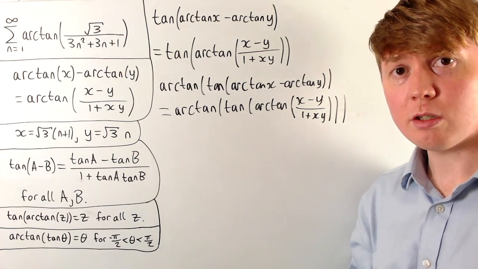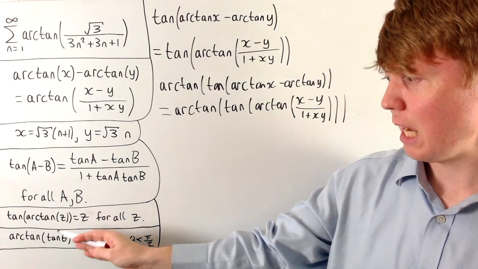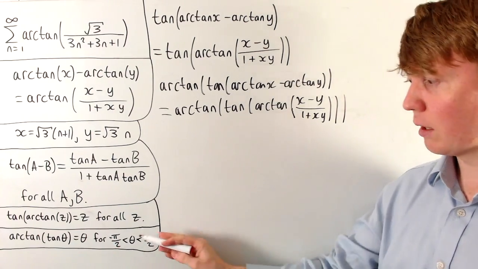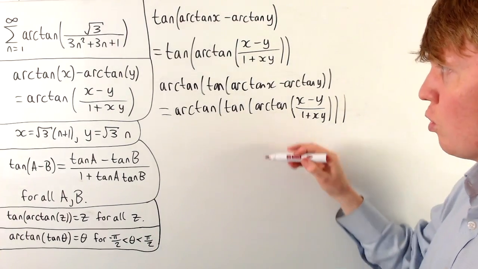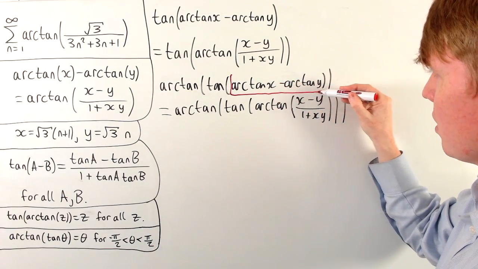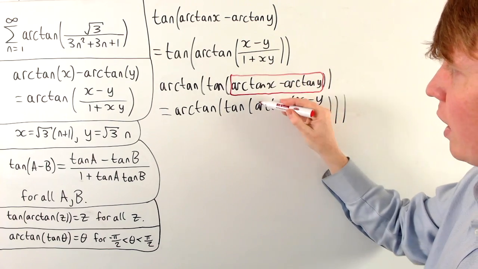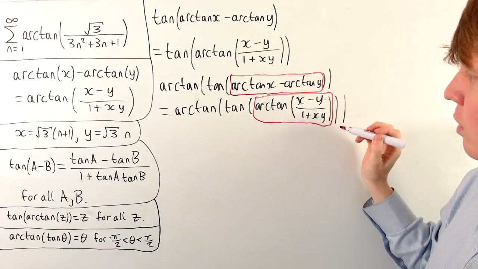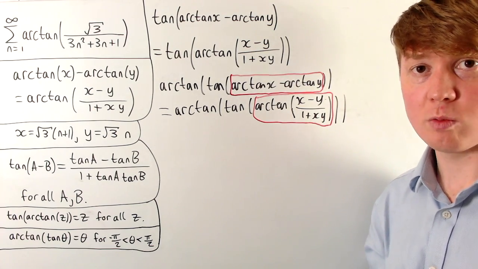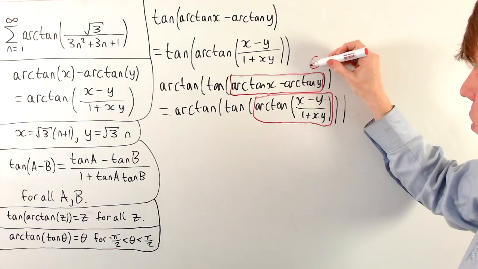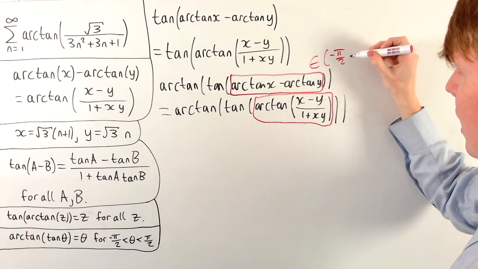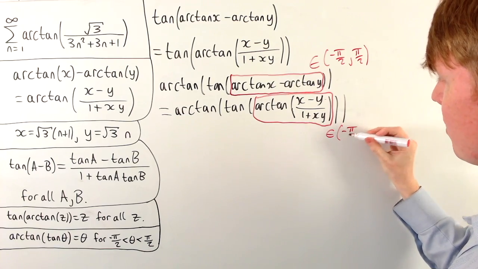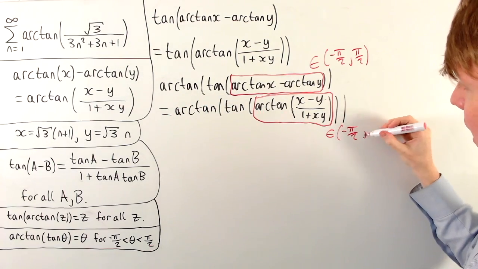But unfortunately this doesn't always work, because arctan of tan of theta is equal to theta when theta is between minus pi over 2 and positive pi over 2. So here effectively our theta is arctan x minus arctan y, and the second one, our theta, is effectively arctan of (x minus y) over (1 plus xy). So here we want both of these to be in this range between negative pi over 2 and positive pi over 2, because then we'll be able to cancel our arctan and our tan in each one